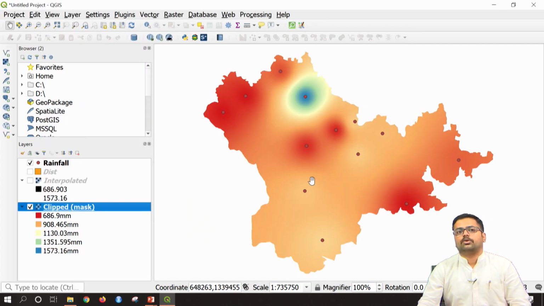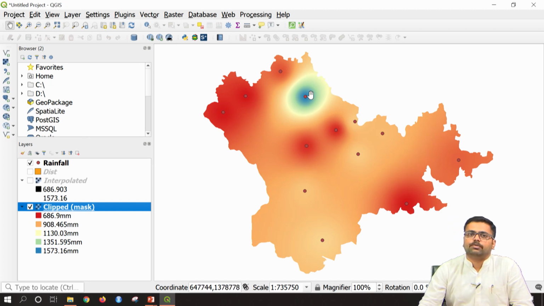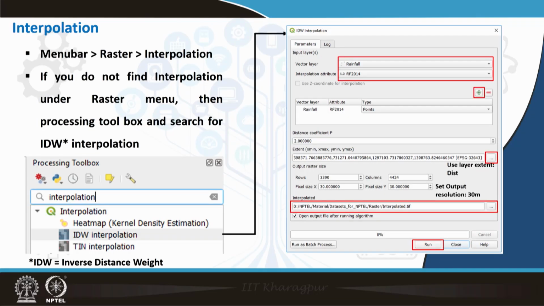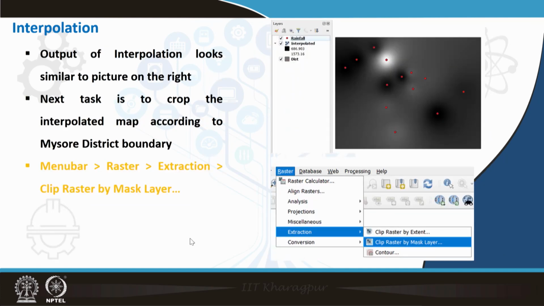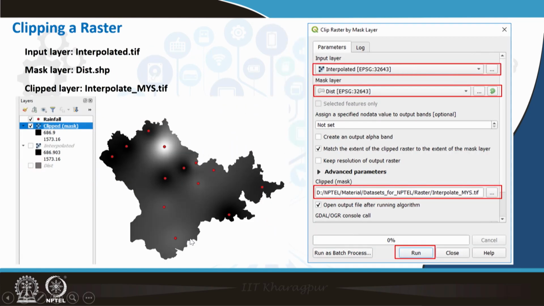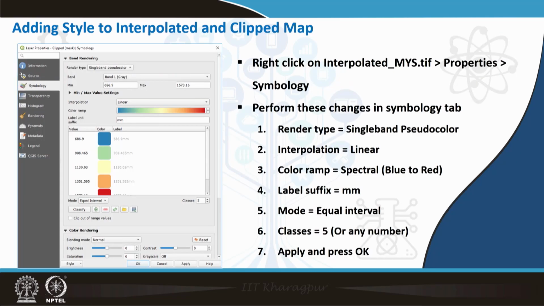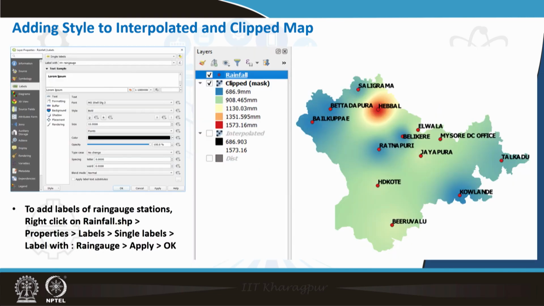Okay. So, here you can see our map has now been assigned various colors. Each color indicates rainfall value. For example, wherever you are finding the red color, it is having 600 and roughly 700 mm rainfall. Wherever you are finding blue color, it is having very high rainfall, that is nothing but 1500 mm. So, this is how you perform interpolation. So, we have already clipped according to the boundary. All these are given in the manual. So, you can also try with various other combinations.